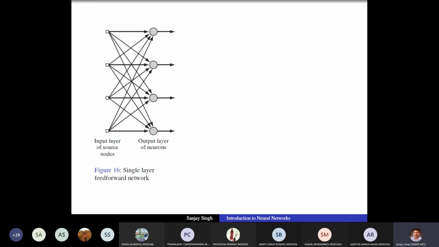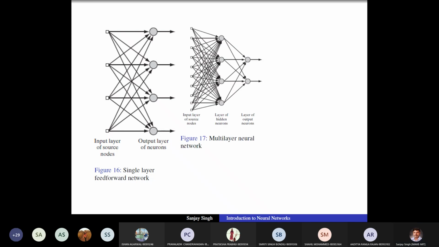And then we have this concept of partially connected. Partially connected means it does not happen in this way. Some of the connections will be disabled for many other reasons, which we'll discuss. Now, as I told you, there's a multi-layer feed-forward network, or multi-layer network, or sometimes simply called MLP. So you have this kind of structure,